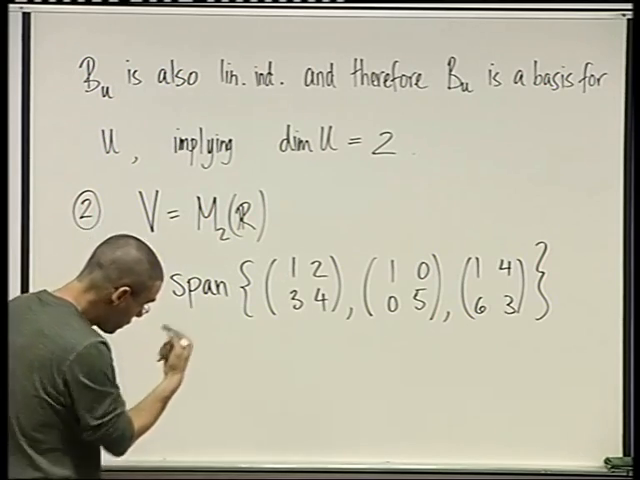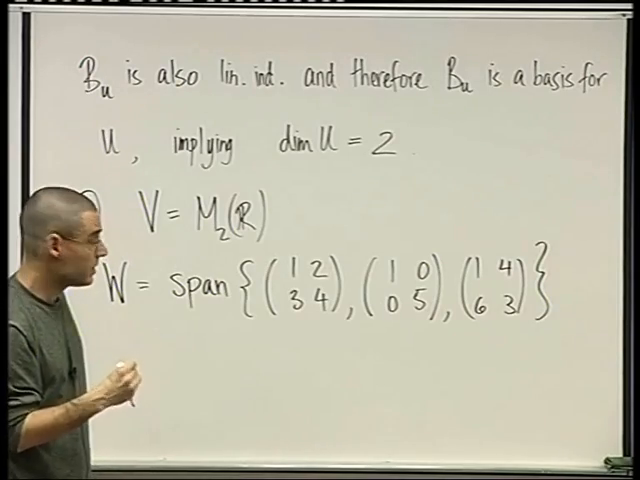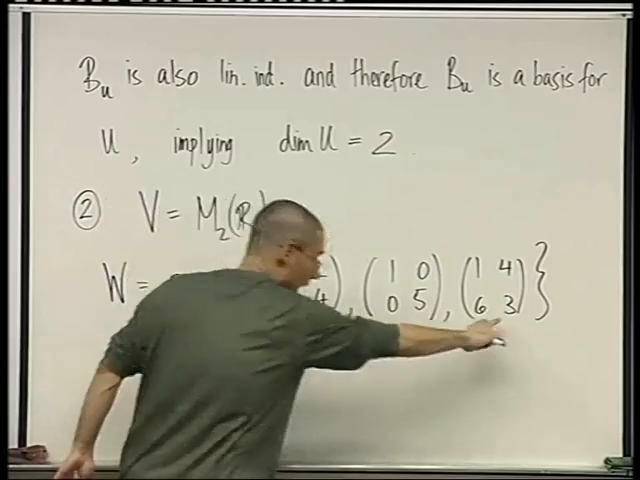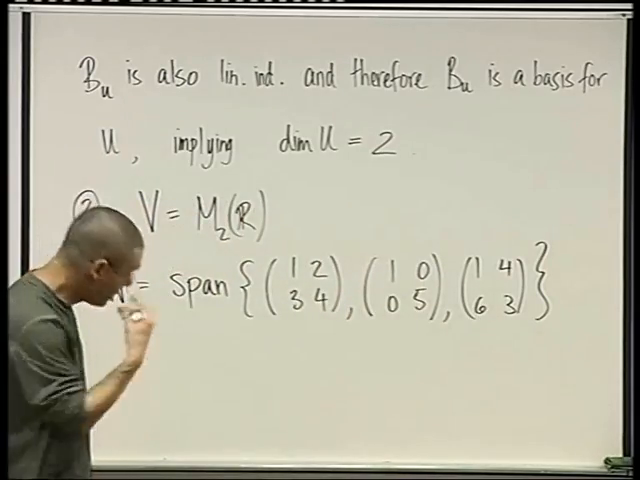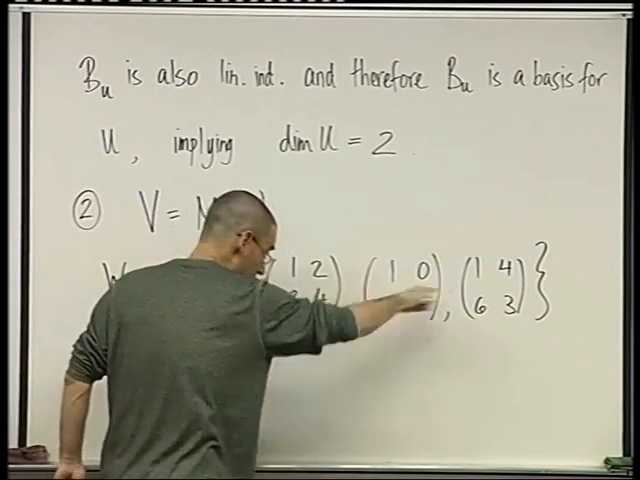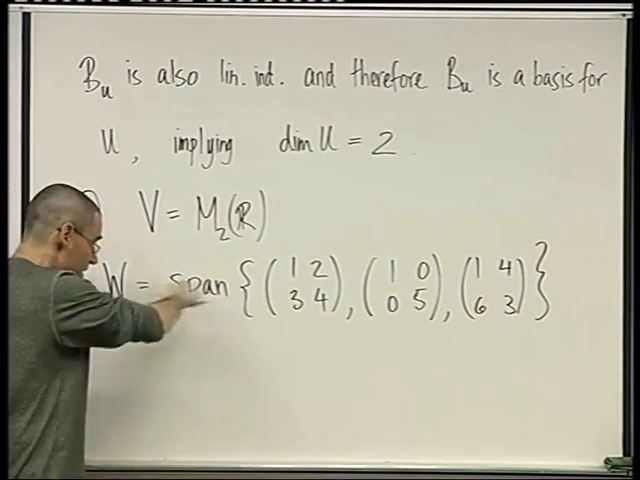It's not obvious just by looking at them, because for 3 guys to be linearly independent, it's not enough that one is not a multiple of the other. Maybe this guy is 6 times this minus 5 times this. We don't see that automatically. So only after we verify if they're linearly independent, or maybe not, will we know what is the dimension of